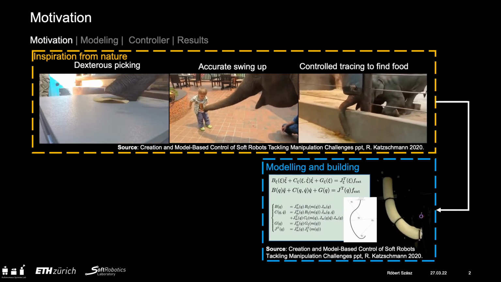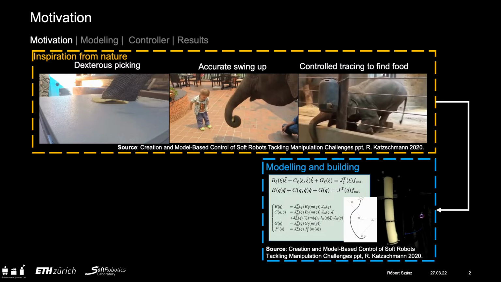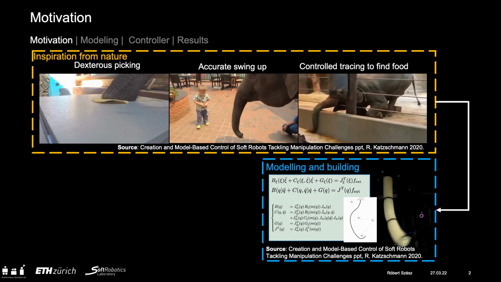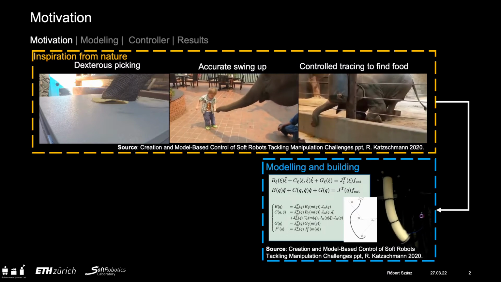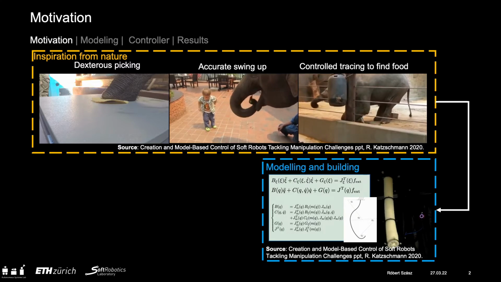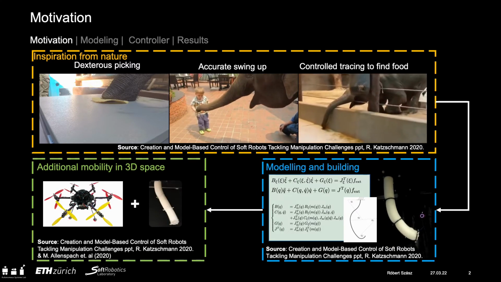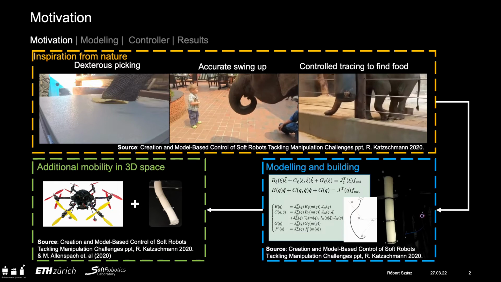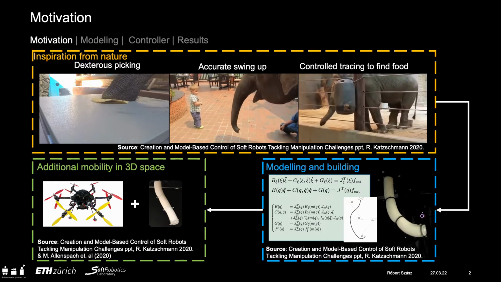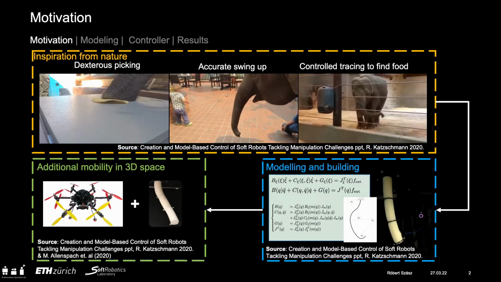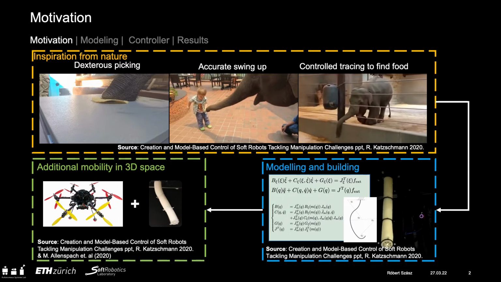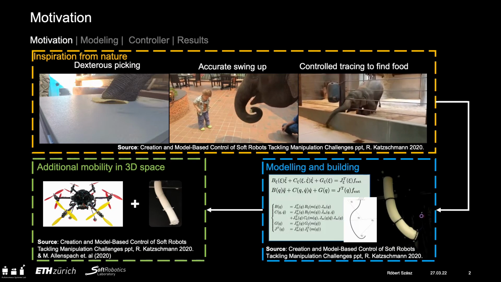A natural continuation of the development of the soft robotic arm was to free it from its fixed base, enabling it to increase its workspace. For this purpose, a highly maneuverable, fully actuated omnidirectional micro-aerial vehicle, or OMAV for short, has been chosen as the replacement for the fixed base. In theory, with a flying platform, the arm is now able to reach any point in 3D space